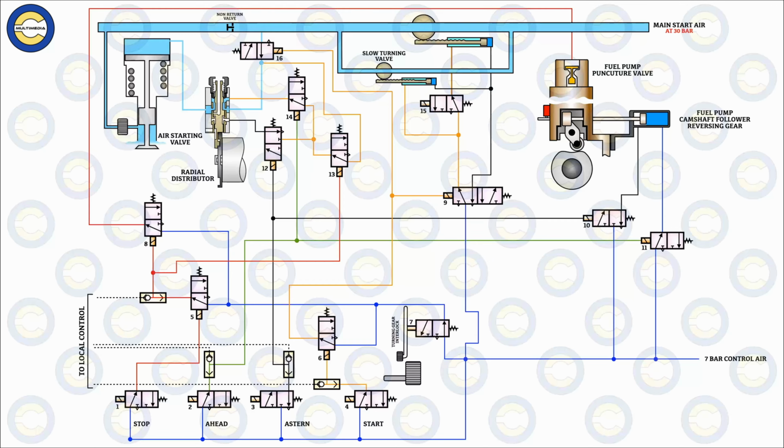It is also important to note that valve 6 has a 1 second timer delay fitted to itself. The main purpose of this time delay is to allow the main starting valve to remain open, and by doing so we allow the supply of air to reach those cylinders that are in the start position.